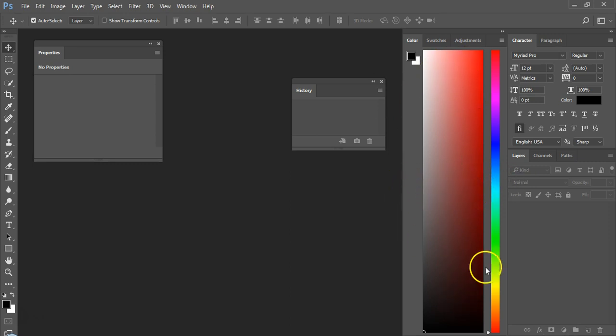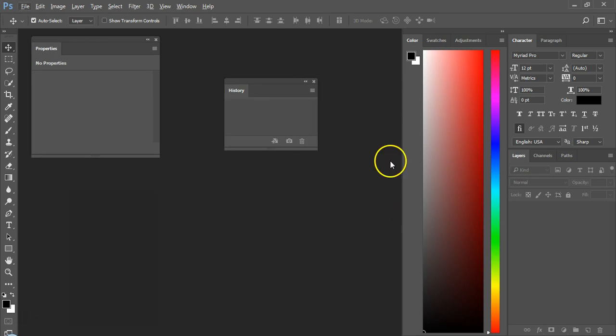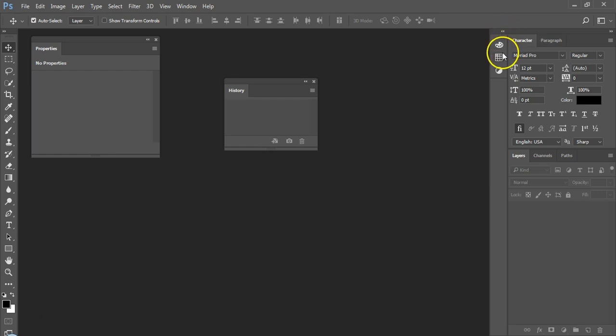We want it to be in icon form on the same vertical panel. So for that, we have two tiny arrowheads pointing right on the top right corner of these panels. And if you remember, these are exactly the same as those we used above the toolbar to make the toolbar into two columns. Click it and you will see that this panel collapses horizontally into a slim vertical panel with the panels turned into icons. So we got three icons for Colors, Swatches and Adjustments.